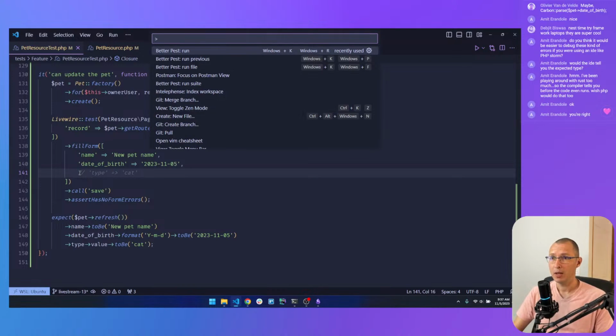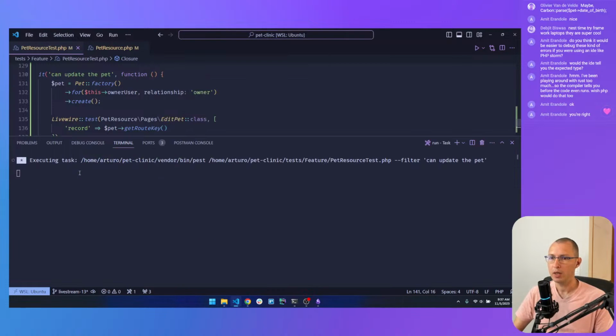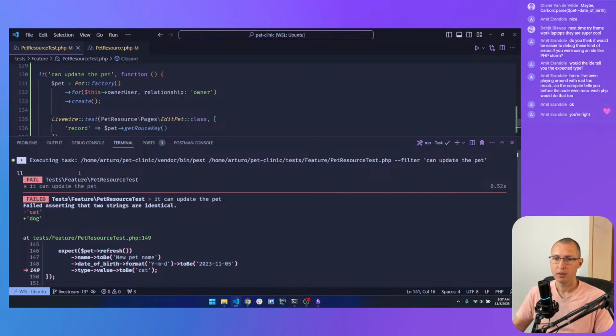Because the pet type is required, we're going to have a failing test because we didn't modify the pet type. The pet type was a dog from the pet factory, so we didn't modify that, we didn't refill the form, we submitted that, so in the database we ended up with a value of dog, not cat, so the assertion fails, obviously.